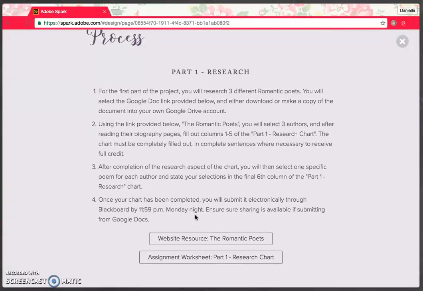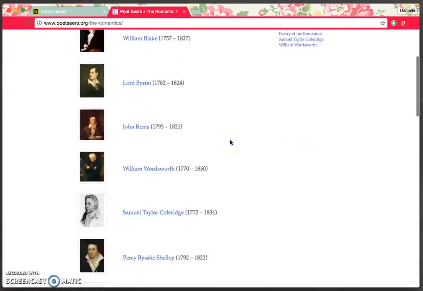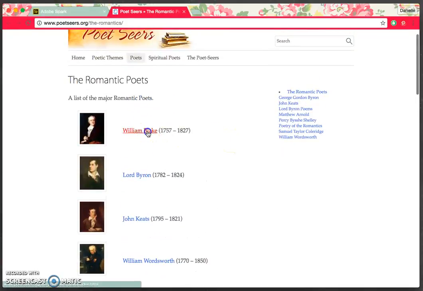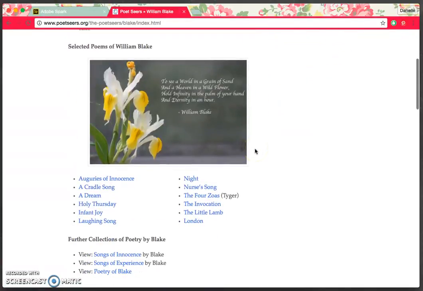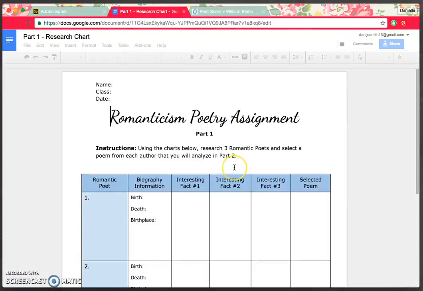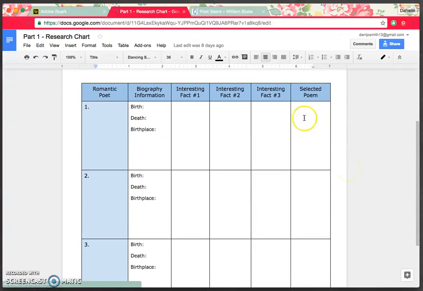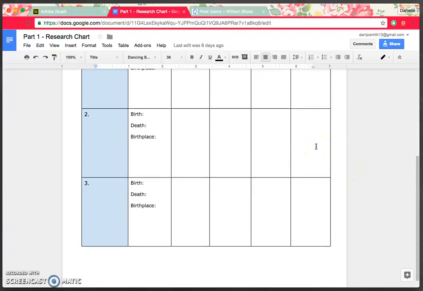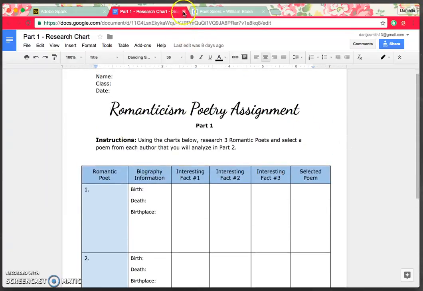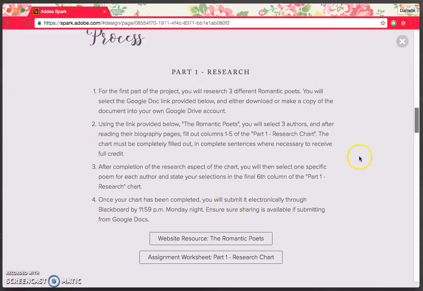Part one of the process is the research. I have a website resource provided so I can pick 3 romantic poets and then choose a poem for each of my 3 poets. Once I've selected those, I go into this research chart and fill out this information chart, as well as indicate my selected poem for each of my 3 authors,